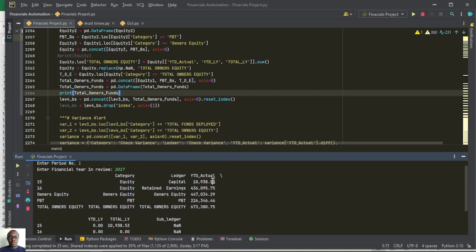So this is our share capital. This is the profit from last year. Then when we add these two, we get the share capital plus the profit from last year. We get 447,